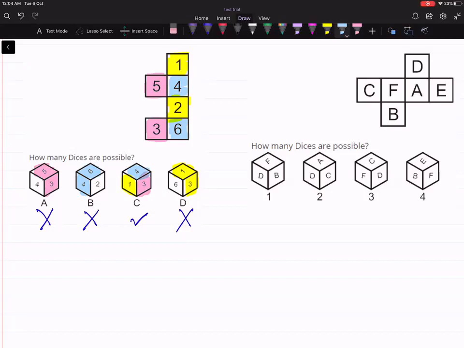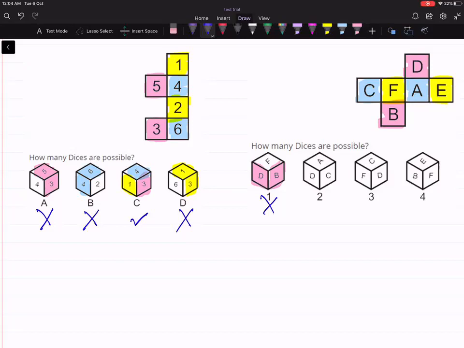Okay, let's follow the same logic again, a little more practice. The second one, if you see, you have got C and A forming the opposite pairs, F and E forming the opposite pairs, separated by one square, and left out is D and B, right? Let's color it out. If you see B and D, they are opposite pairs, so this particular answer is incorrect.